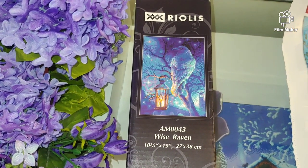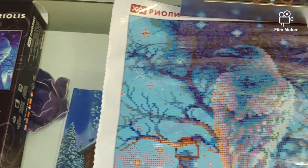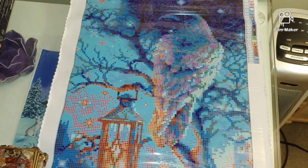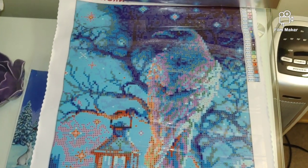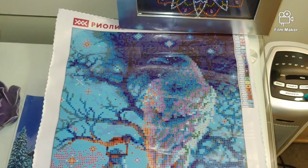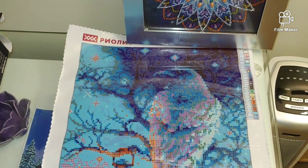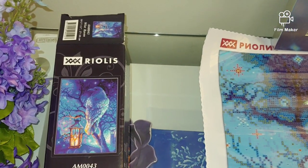This size is 27 by 38 centimeters. It is a full square drill diamond painting kit. I have diamond painted a Russian diamond painting kit only once, and I was not really very happy about it. My mom brought it from Russia. It was super expensive. It was $50, and I ran into a lot of problems with it. As far as I remember, it is either my first or second video on the channel, so if you want, you can watch it. But I found out that Joann is also selling